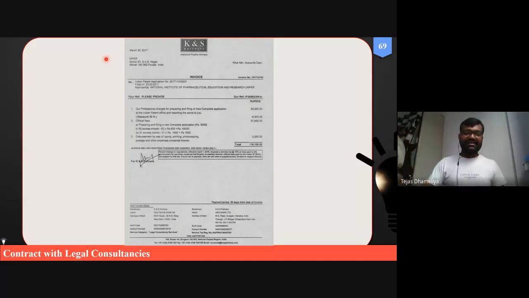And once the patent is licensed or granted, a new number will come. That will be considered the grant number, the patent number for this granted or licensed patent. Okay, so this I basically want to discuss with you.